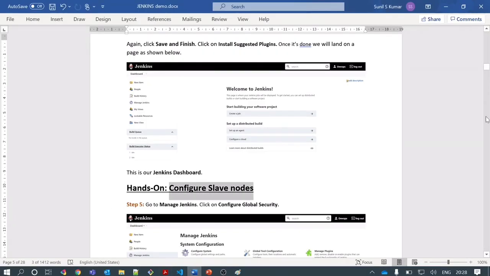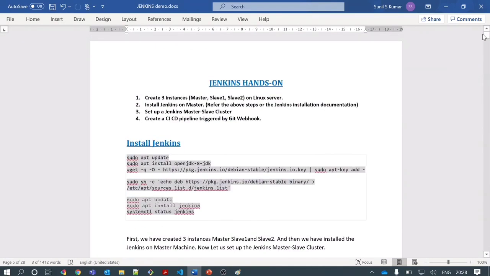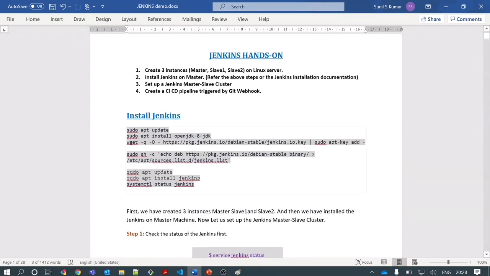For the sake of simplicity and quickness, I have mentioned all the steps here that I will be following. For the sake of time, here is what we are going to do in the coming demos. I have already created these 3 machines: master, slave 1 and slave 2. Second, we are going to install Jenkins on my master machine.